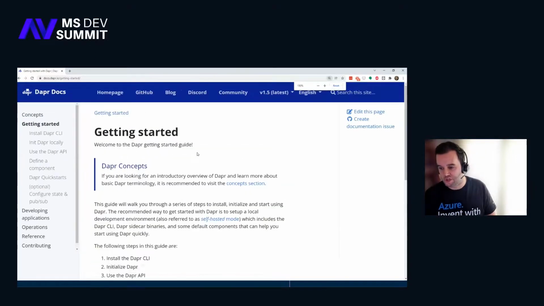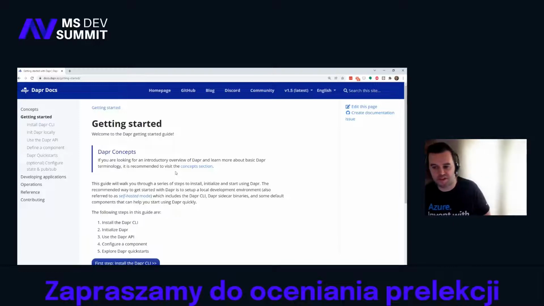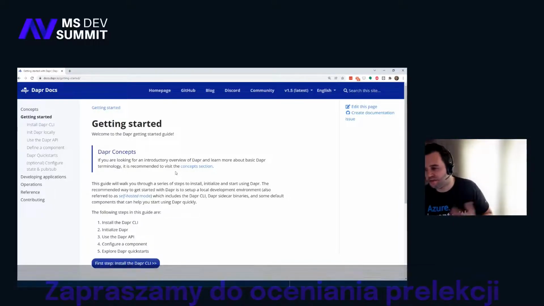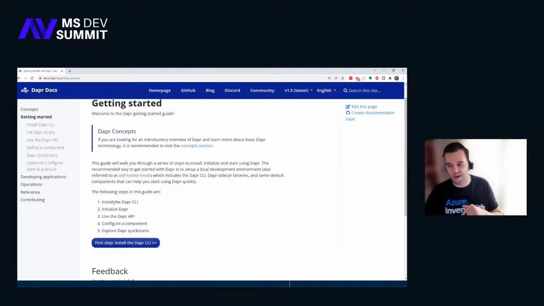I'm going to just zoom in so you can see it clearly. It pretty much explains all the steps you need in order to configure Dapr locally or in any environment where you are trying to run Dapr and create your applications. Just to provide you a high level of the steps: